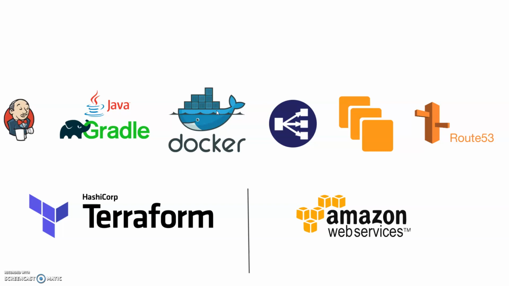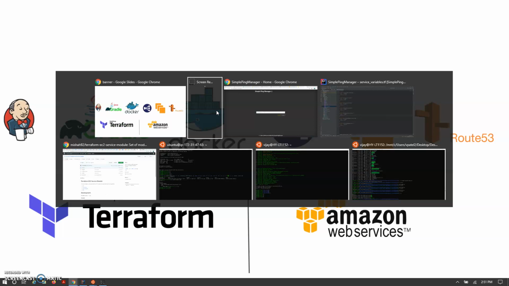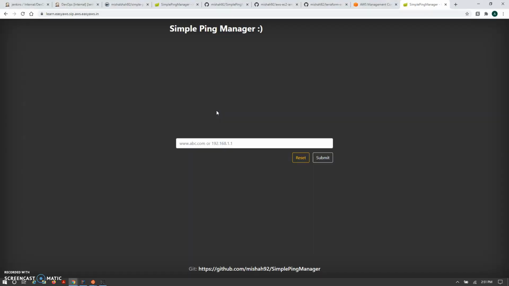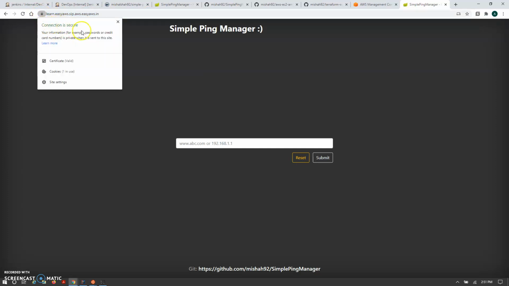Let's have a look at how our application gets deployed and what it looks like. This is my application, deployed through the complete DevOps project. You can see this is the URL for our application, deployed using the live URL. You can see HTTPS here, and in the certificate portion you will find that this connection is secure and the certificate is completely valid. We are passing a valid certificate using AWS Certificate Manager. So this is a completely live project taken from the live URL.